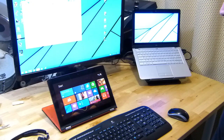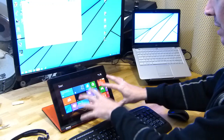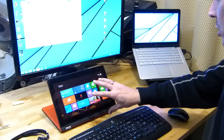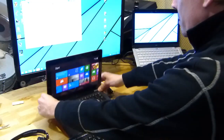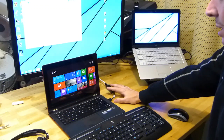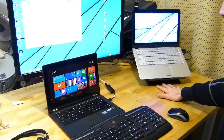This is a quick one just to show you the Lenovo 11S I've got here, an Ivy Bridge Y series based convertible 2-in-1. I've obviously got it in tablet or video mode here. I've also got a gigabit Ethernet adapter connected to it. What I wanted to do, just really quickly, is see if it works with the Belkin